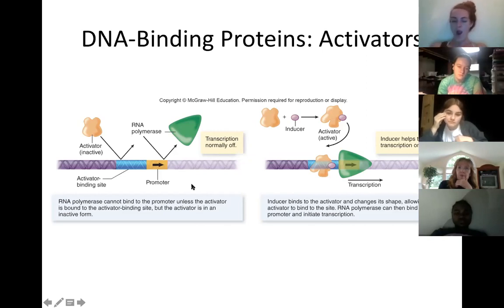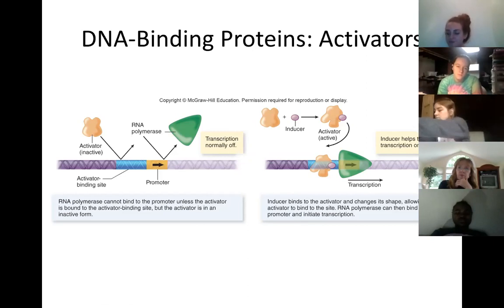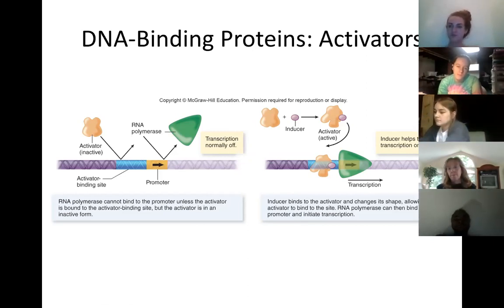The one thing I don't like, and I haven't really looked too hard in the new textbook that you are using, so I might go check out this specific section. But in the old textbook that I had you use, what it didn't do a great job of showing, and you'll see this in the lac operon in just a second, is that these things don't necessarily have to happen independently.